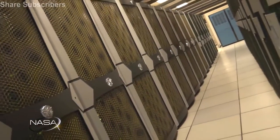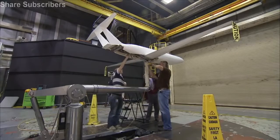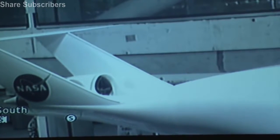It has 200,000 processors working on the problem if you use the whole machine on one problem. So it's a very large machine, and we need that very large machine because we need to do very big problems here at NASA. The Aeronautics Research Directorate that we're using it for is to try and simulate the flow over these N+3 configurations. So in order to capture all the detail you'd see on a vehicle like this,